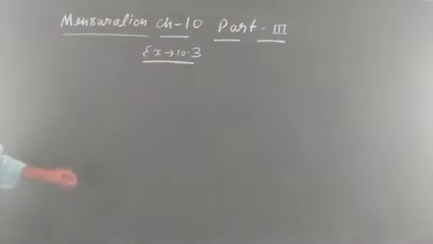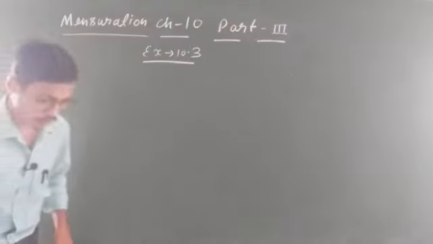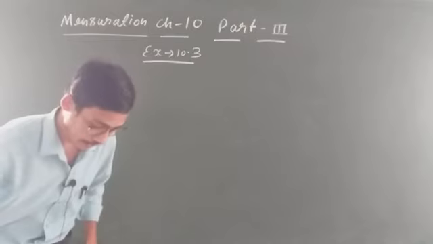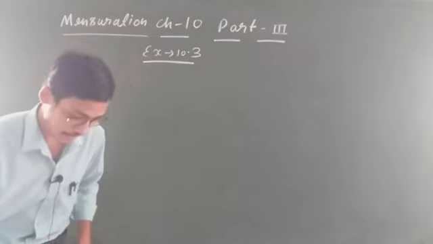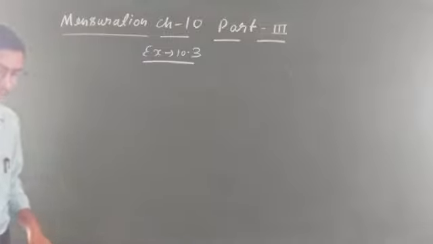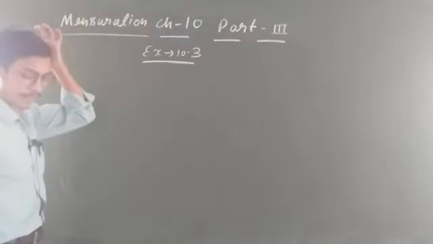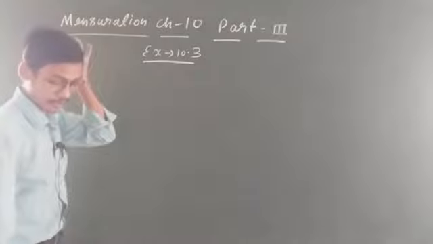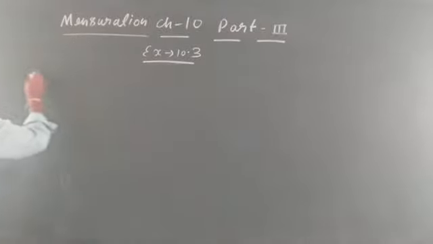So our next question is given. The length and breadth of 3 rectangles are given below. Which one has the largest area and which one has the smallest area? This question is also based on the same concept, student. You have to find out area, L into B, and compare which one is greater. Now come to the question. Question 4 is given.